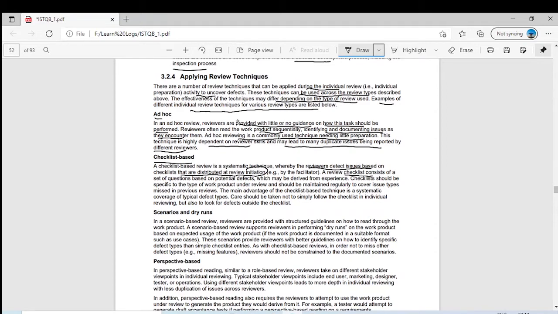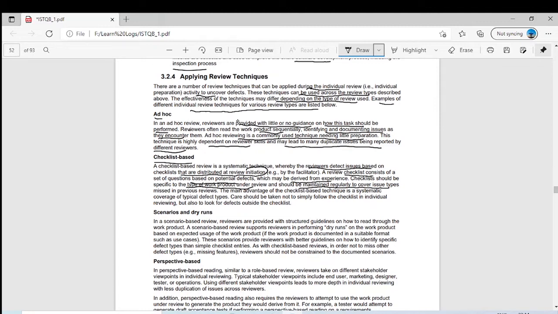A review checklist consists of a set of questions based on potential defects which may be derived from experience. Like you have a work product and the facilitator provides you with some checklist that in the past, in the same product, we have come across this kind of problem that are mentioned in this checklist. So based on that checklist you will go to the review, but you can also give your suggestions other than the checklist. Checklist should be specific to the type of work product under review and should be maintained regularly to